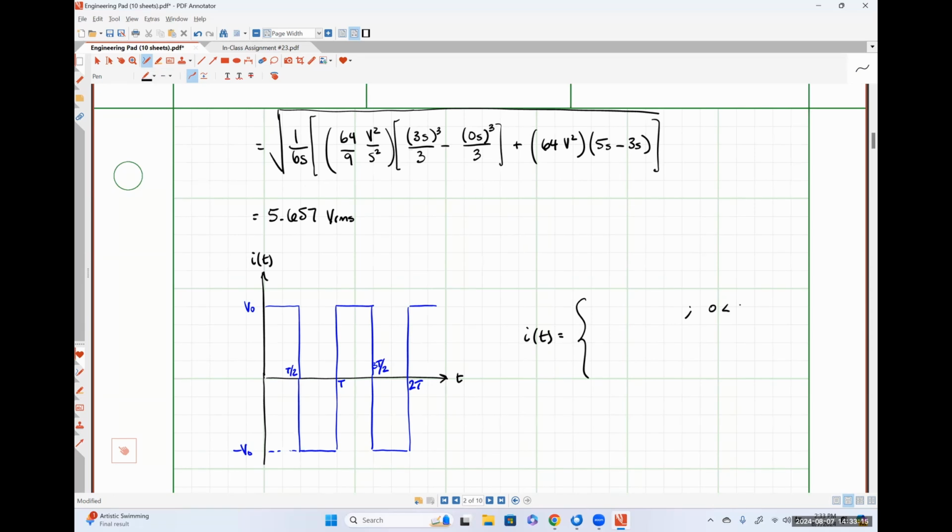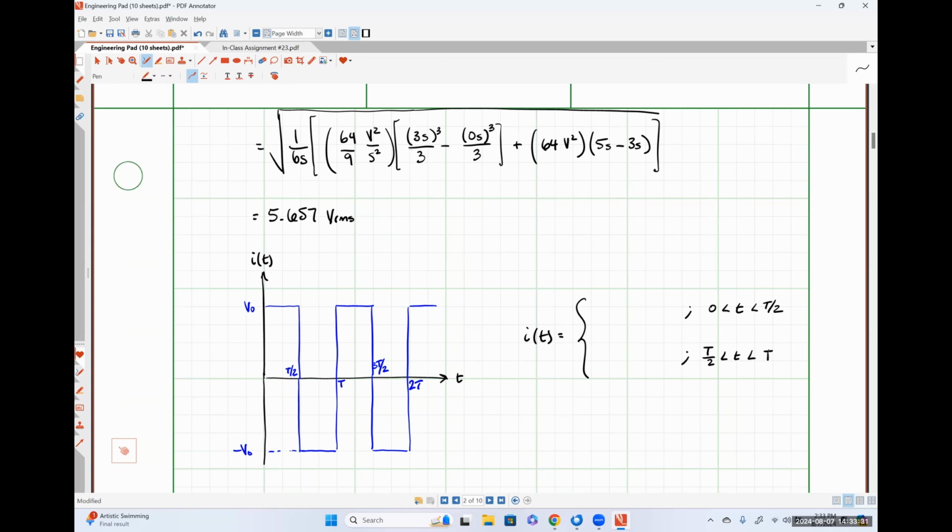One from 0 is less than lowercase t is less than capital T over 2. And then the second interval is from capital T over 2 is less than lowercase t is less than capital